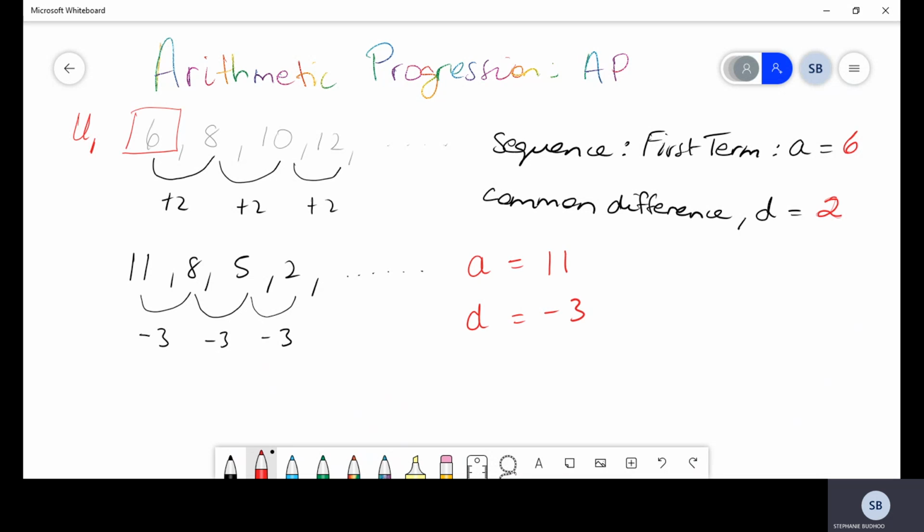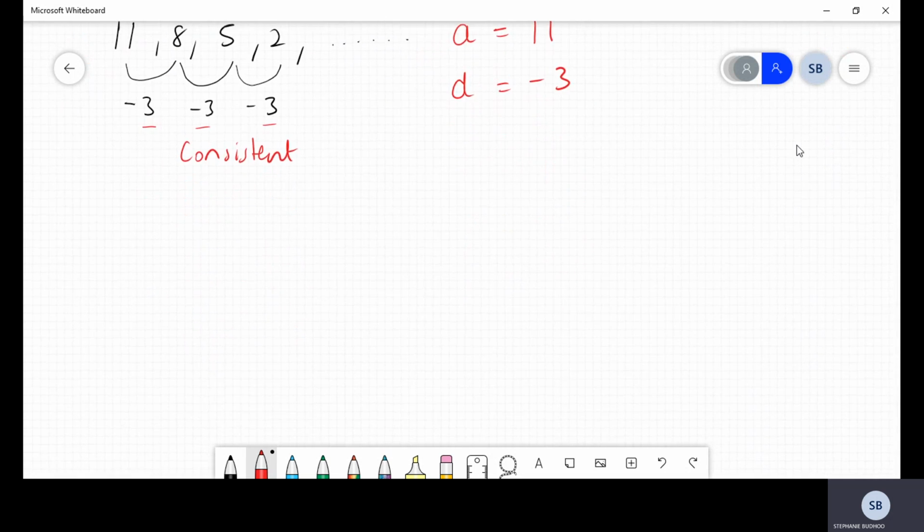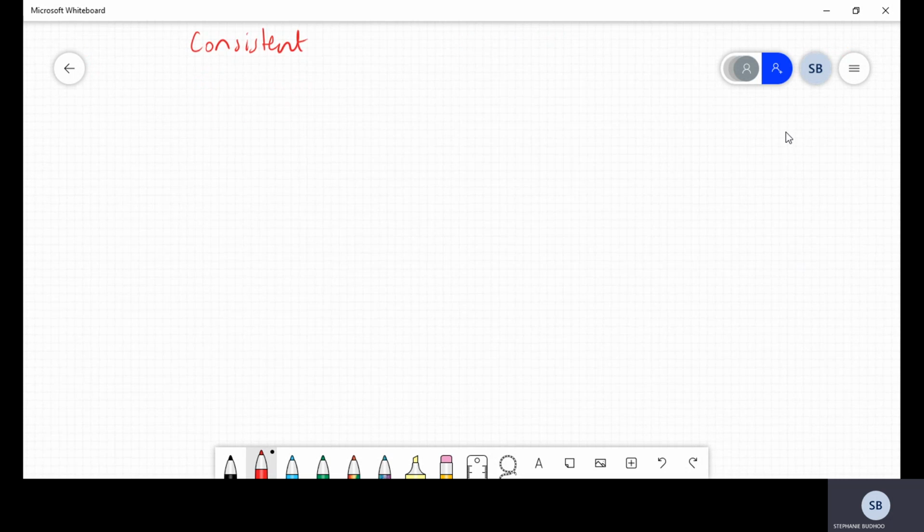How do we know it's an AP to begin with? Well, first of all, not only is it a sequence of numbers, they all have a difference from term to term that is consistent. So those are the identifiable factors that you would be looking for when trying to determine if a sequence is an AP. Now, in general, I think I'd write that here. So in general,